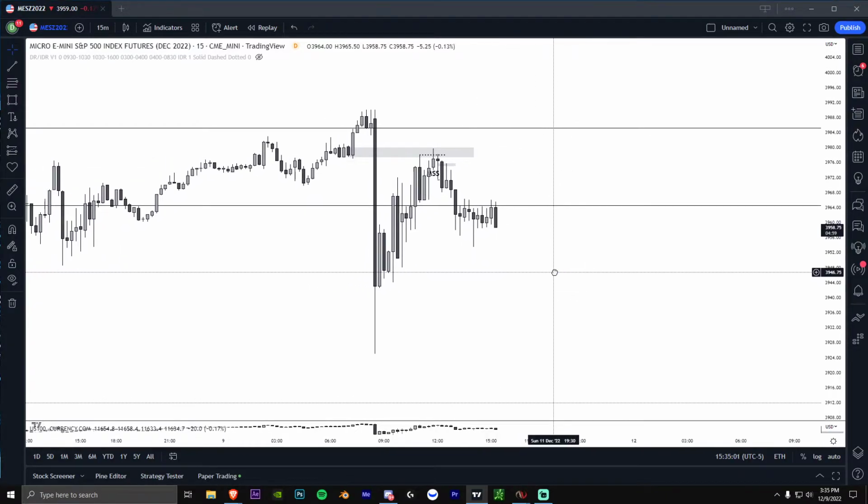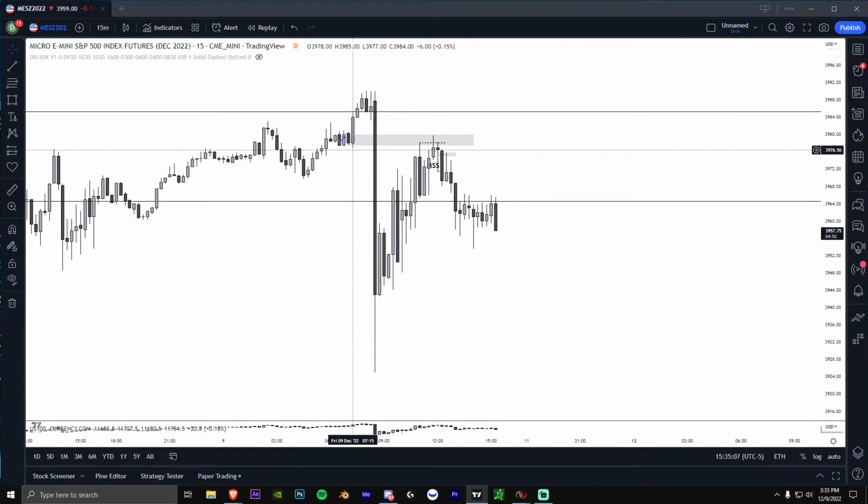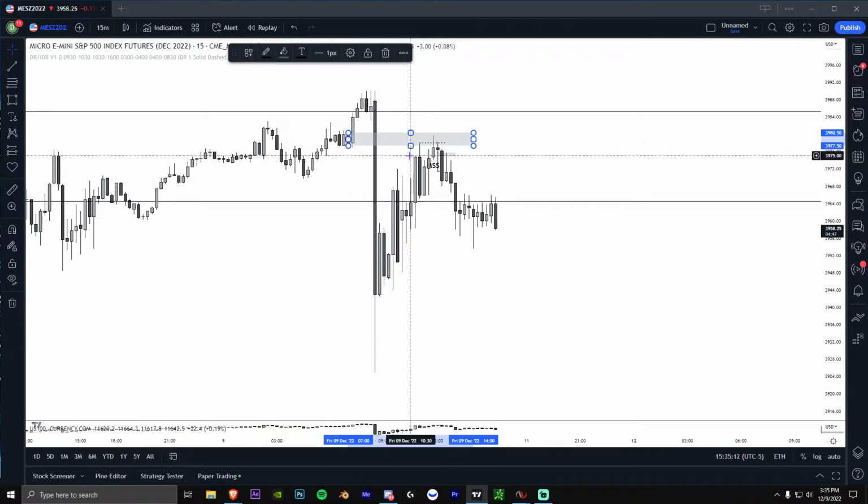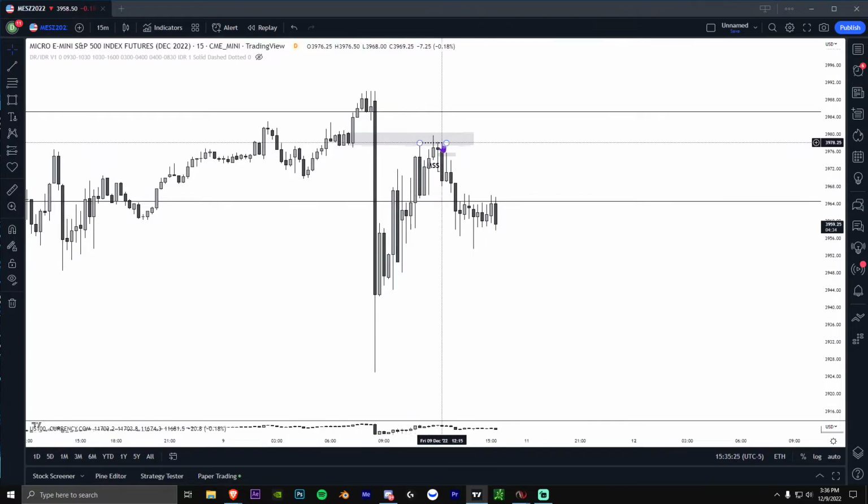So again, you really want the lower time frame confirmation to match up. So we saw we had this order block. This is also a 15-minute order block right here, and you also have this 15-minute order block. So instead of just taking this straight off, where the candle could easily get ripped through,